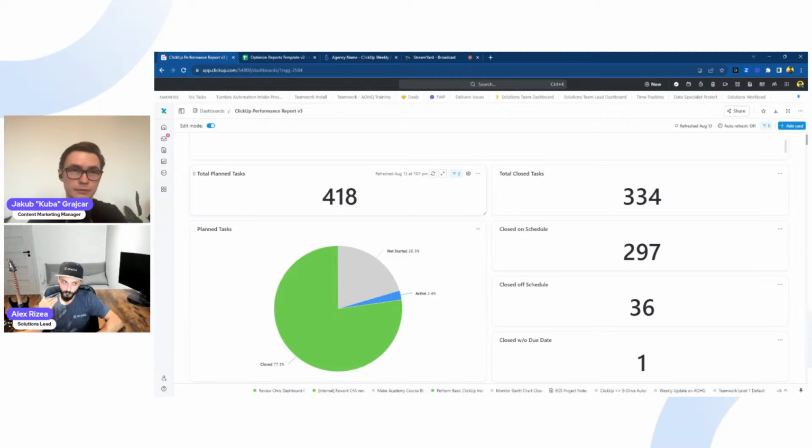That's pretty much where I want to get with that. Those things pretty much use some metrics and calculate them between each other. So, for example, velocity is the direct ratio between total planned tasks last week and total closed tasks last week. Now, how can you see this as a percentage here? Simple, you can't. So that's where we're going next.